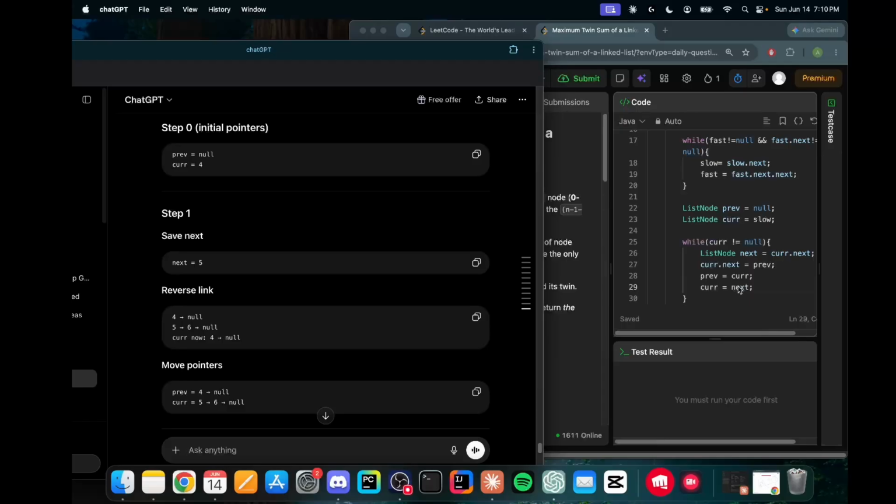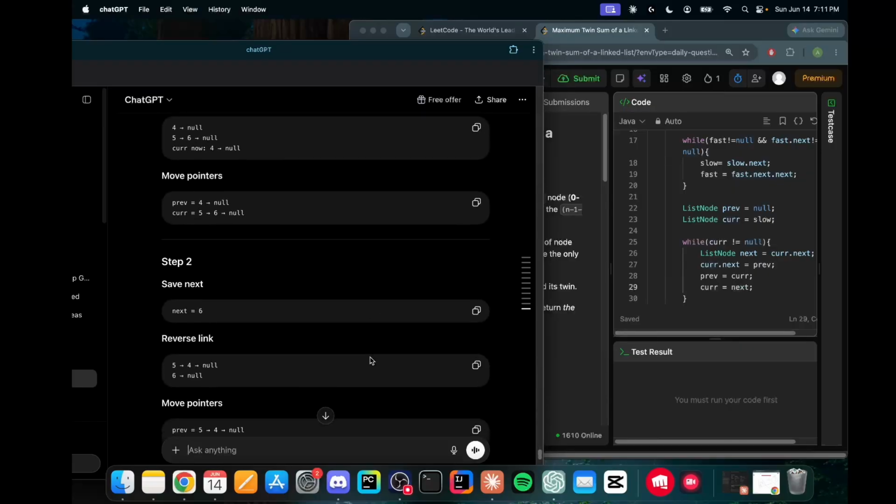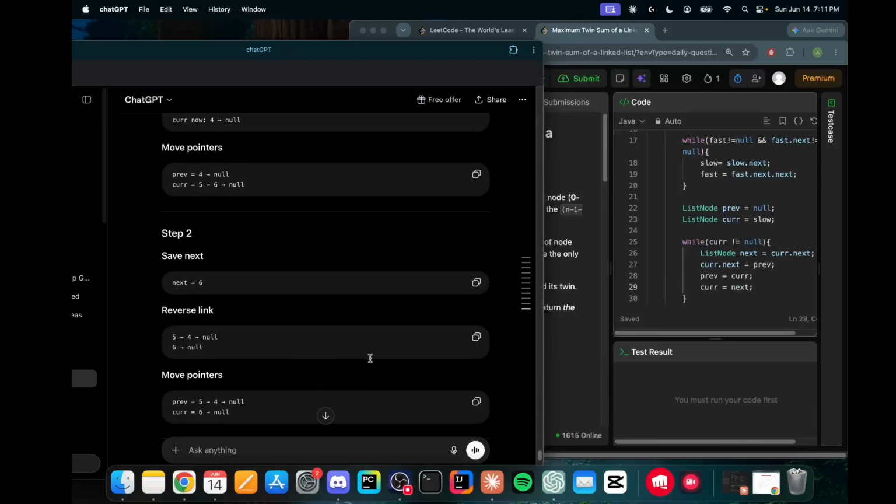Now our previous, we point that to the current pointer at 4, right, and then previous equals 4, which points at null, and then current equals next equals 6, current.next is